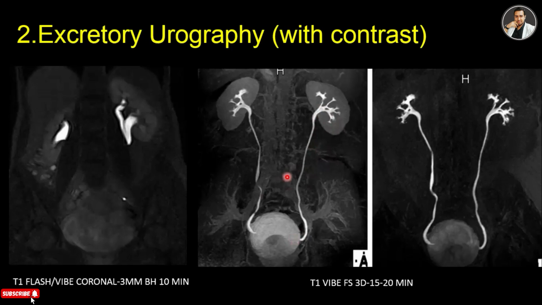So this is a 3D image. This is a T1 Vibe 3D image, so you can process it with 3D post processing. Because of the T1 sequence, only the contrast or the gadolinium is visible inside the urinary tract, and the spinal cord and all the fluid is dark. And you can also post process and cut out the unnecessary parts from the UV region.